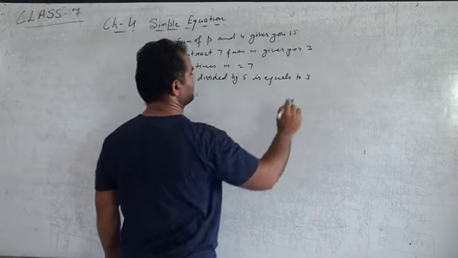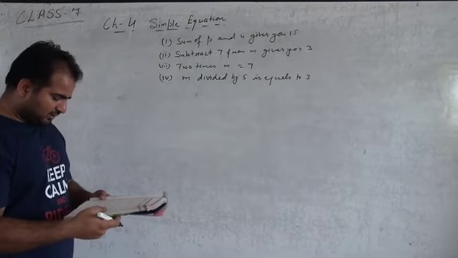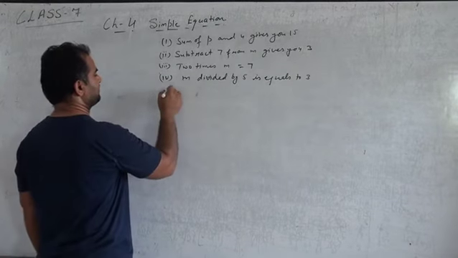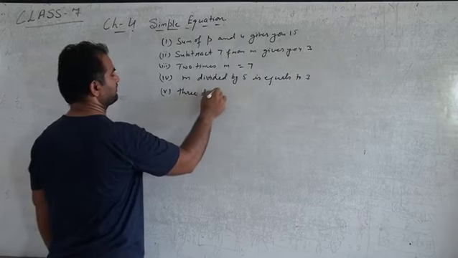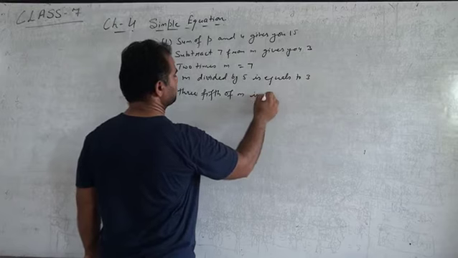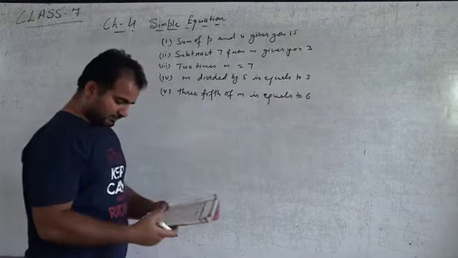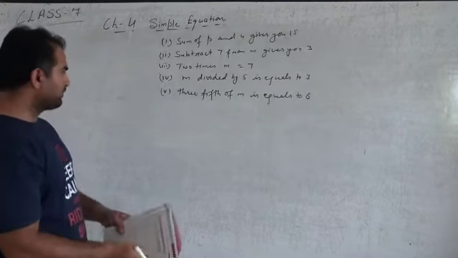Next is 3/5 of m is equal to 6. Next is 4 added to